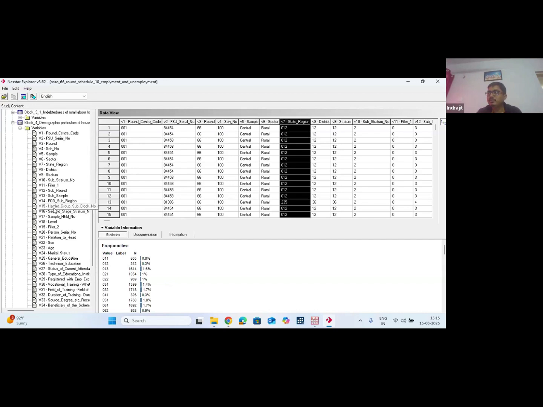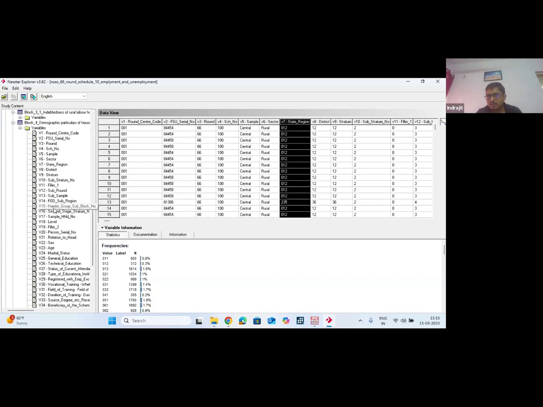For example, if there are 5 members in a household, and the household belongs to religion Hindu, then all 5 members by default are Hindu. If the household belongs to scheduled tribe category, all the 5 members within that household are scheduled tribe,